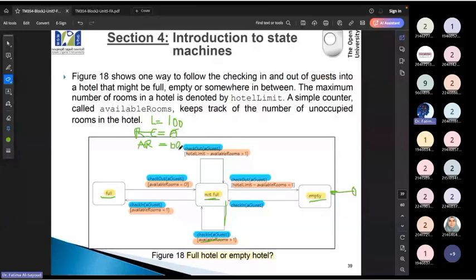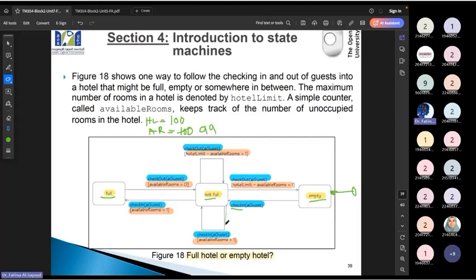So this example now, it's just changing name. So I'm going to follow the same naming so you don't get confused, okay? So let's start with the first one. We have a hotel limit, which is 100. خلاص ثابتة إن هذا الفندق يشيل 100 شخص. Then I have the available room, which is currently, كم available room في البداية؟ It is going to be 100. أول ما أفتح الفندق راح يكون available room 100. So when someone check in, the available room is going to be 99.